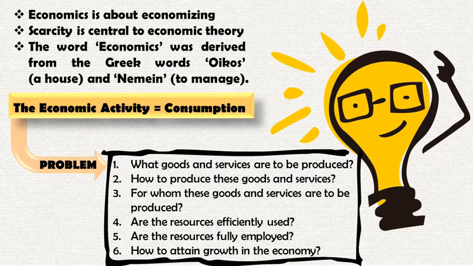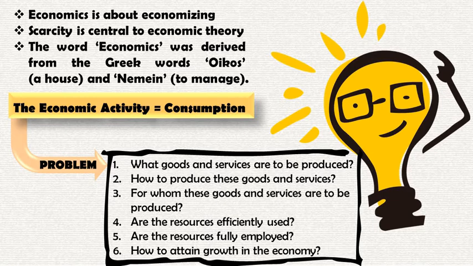Ngayon, paano natin siya ipoproduce? Paano natin ito maibibigay, or paano natin ito mapoprovide sa ating family? How can we produce this? For whom? Obviously, this is our families or yung nasa bahay natin. Next is, are the resources efficiently used? Ito po bang mga goods na binili natin